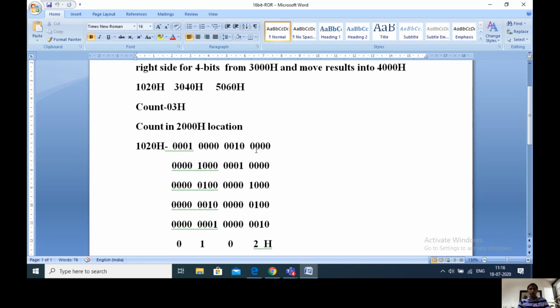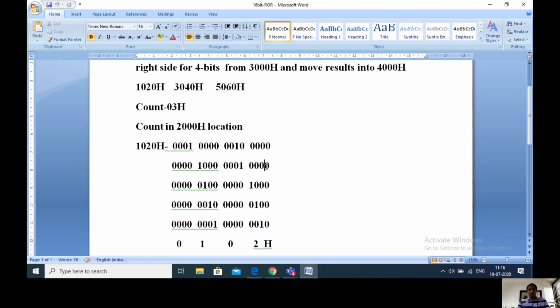Okay, let us see what happens in the first bit rotation. This 0 will come to the MSB position. The remaining bits will be rotated right side by 1 bit position. In that case what happens? This 1 will be moving right side by 1 position. So this is the position. Similarly this one also moves to the right side. Then this is the position. Okay, like that.